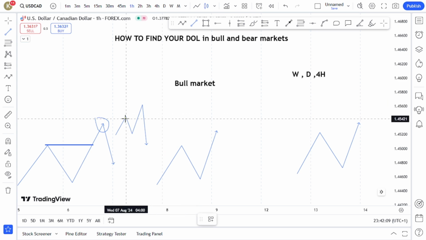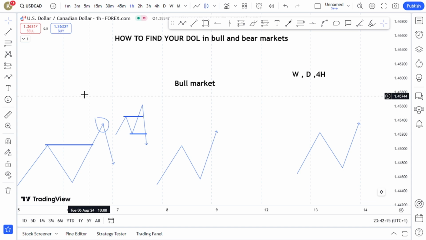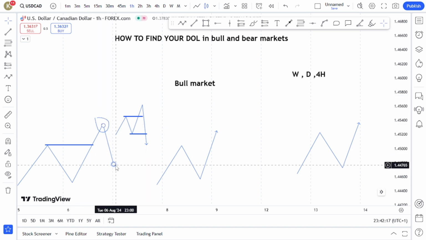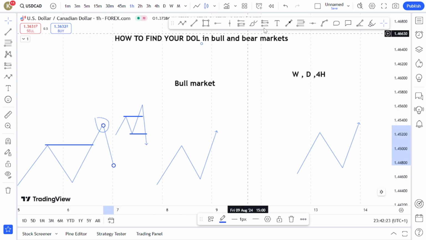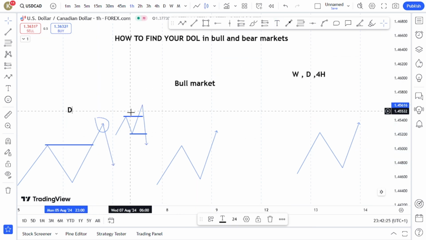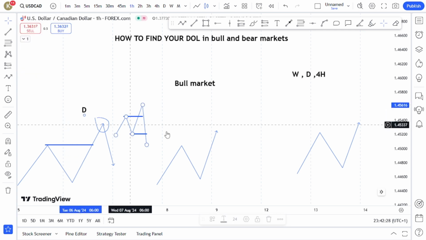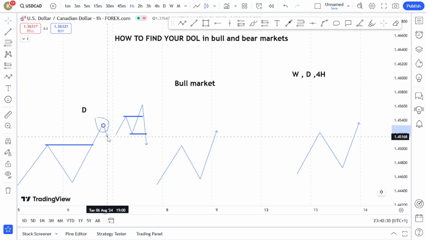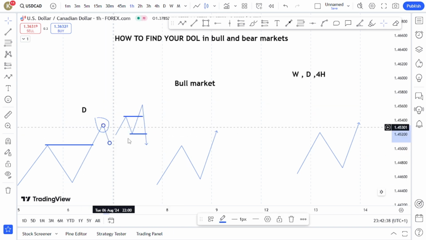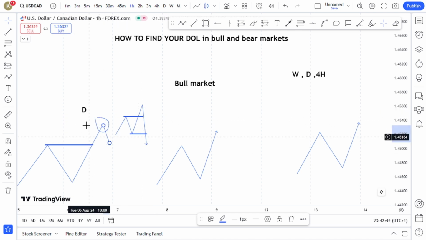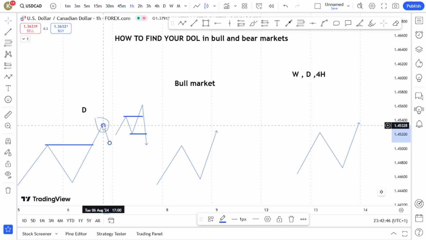If there is such a change of character formed at this circled area, then there is a high chance that price is going to retrace on that time frame of reference. So if I'm talking about the daily time frame, for us to know that price is ready to retrace lower, which means for our draw to be lower, for price to chase it, there has to be some sort of choch on the 4-hour time frame around this circled area. The market moving from bullish to bearish must happen around this circled area,